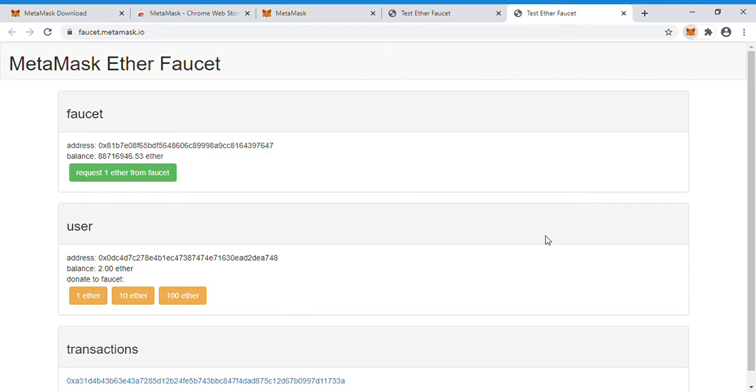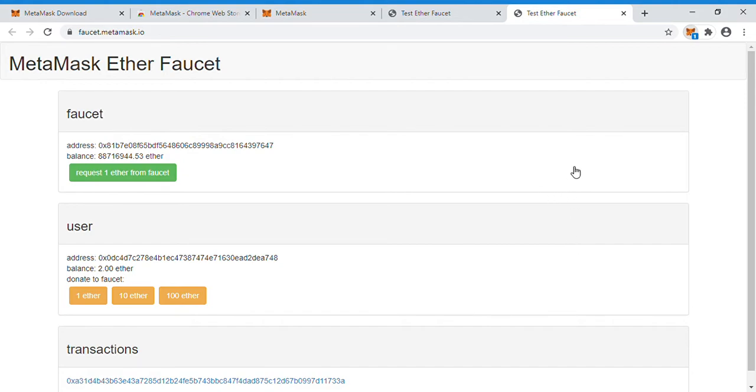ethers. If I want to transfer 0.5 ethers to Shashi, there may be a transaction fee in the Ethereum blockchain network. If you want to deploy a smart contract or transfer cryptocurrencies, a transaction fee will be applicable. There may be slow, average and fast transactions, and each will have a different transaction fee. Let me choose the fast transaction. Here is the fast transaction. Now I can click next in order to transfer the ethers.